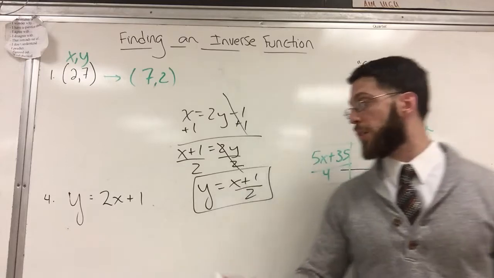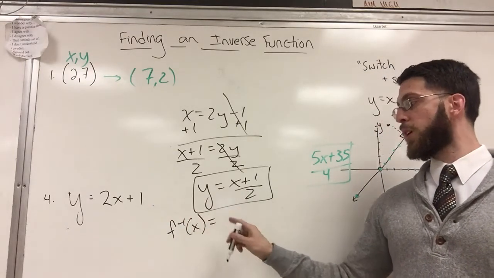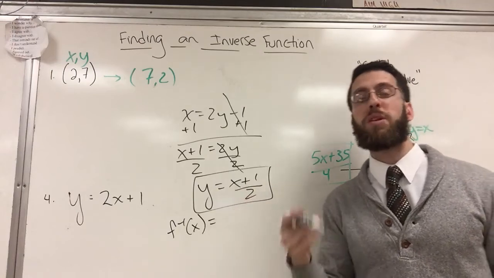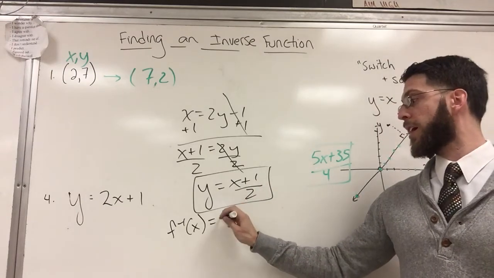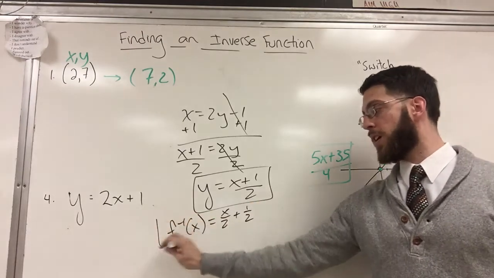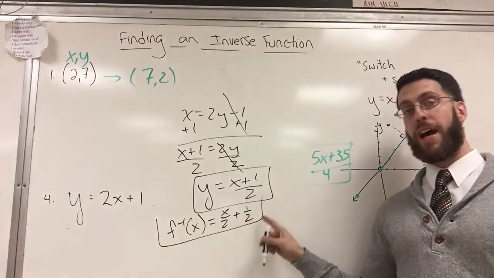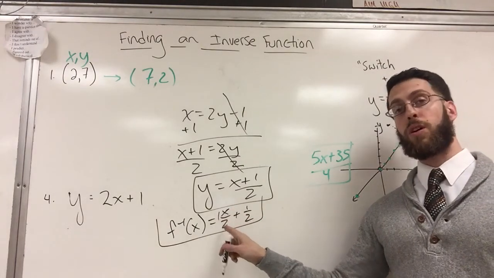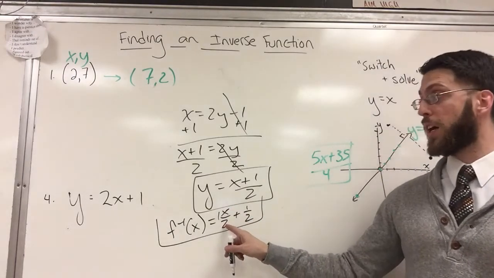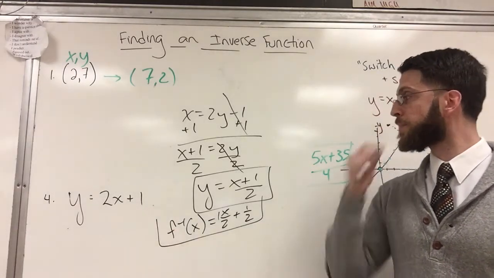Of course, to be clear, you can write it as f inverse of x equals that, or you can be even super clear and write it as x over 2 plus 1/2. That way, in case you're asked to graph this, you would start at 1/2 and then you would go up 1 over 2 as your slope. You'd get a line here, you'd get a line here, and